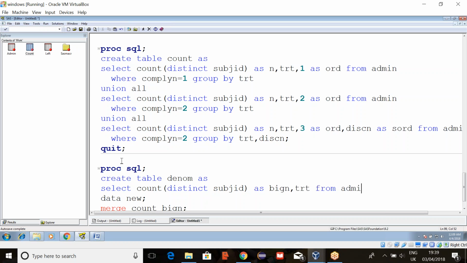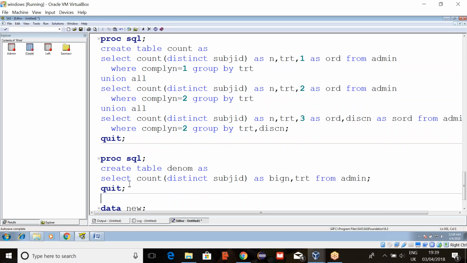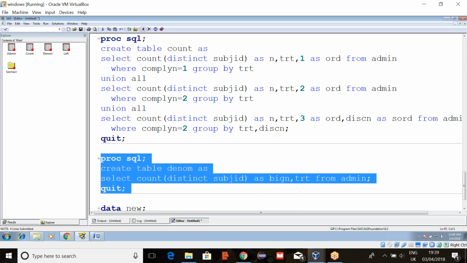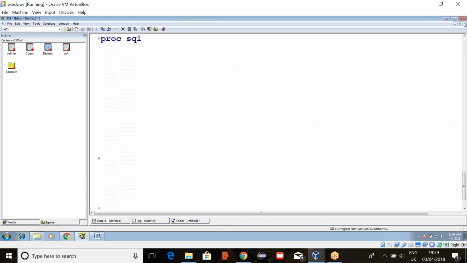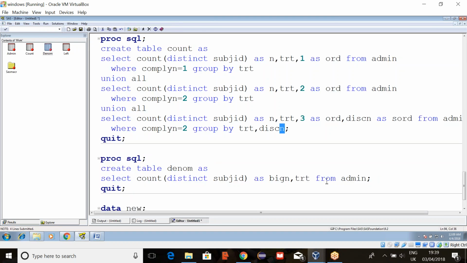Take from the admin dataset. Quit. Let's run this. Oh, sorry, I forgot group by.